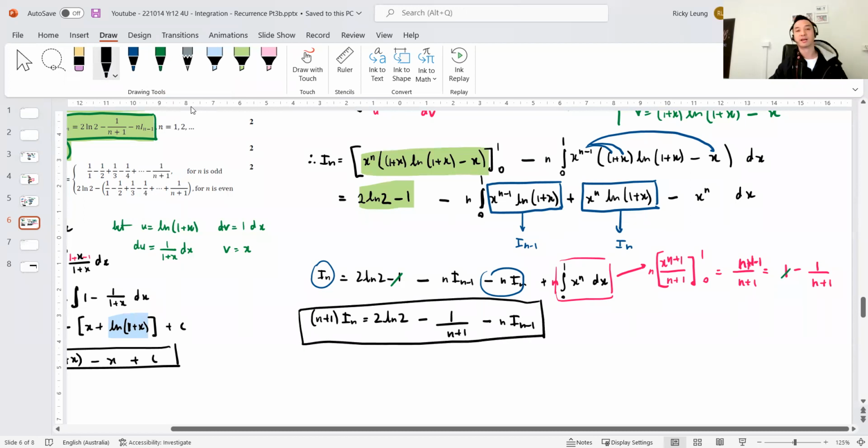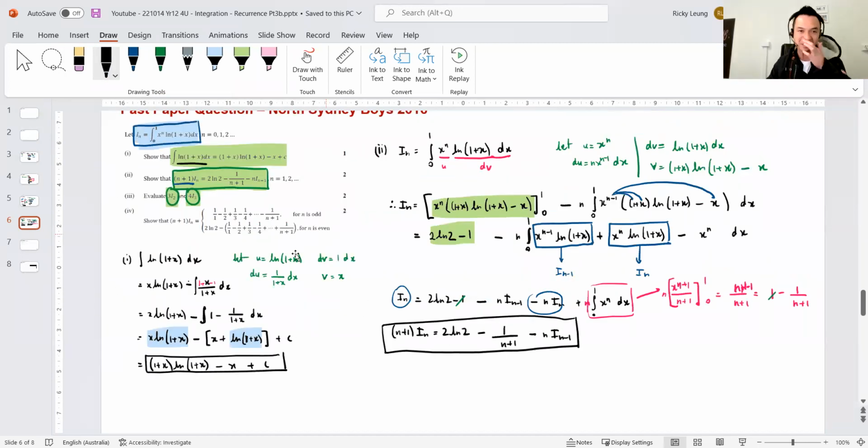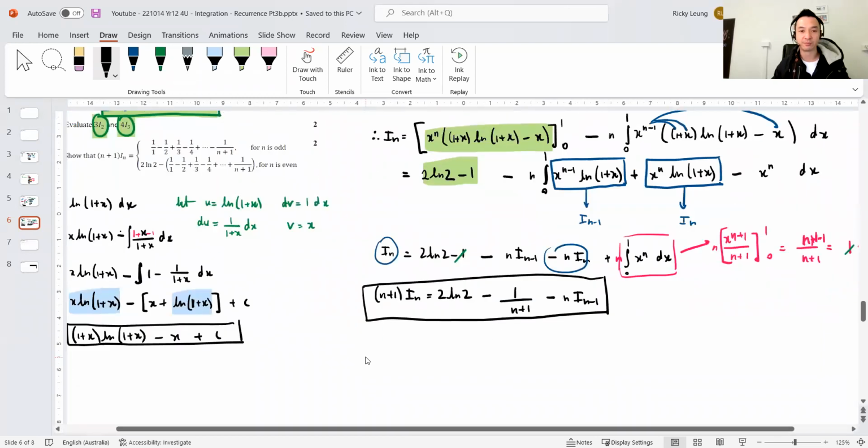Damn, that is heavy, right? But there you go. That's the recurrence part. So most questions, that's probably the hardest part. I think for this one, the last part is a little bit harder, but let's persevere. Now, part 3,